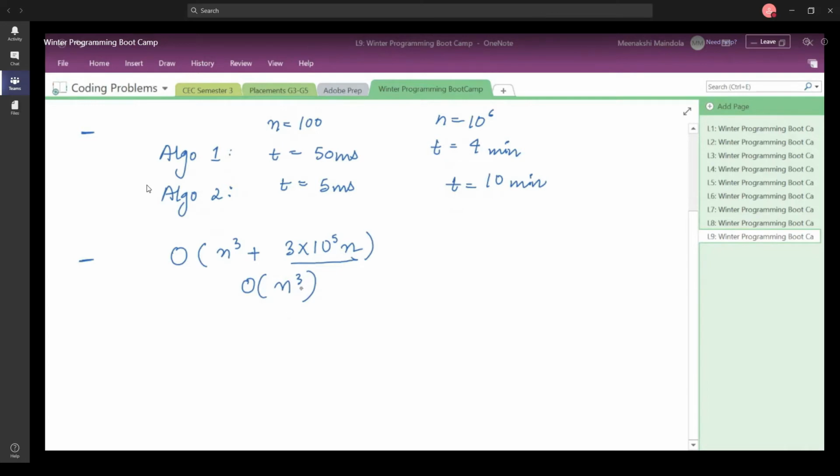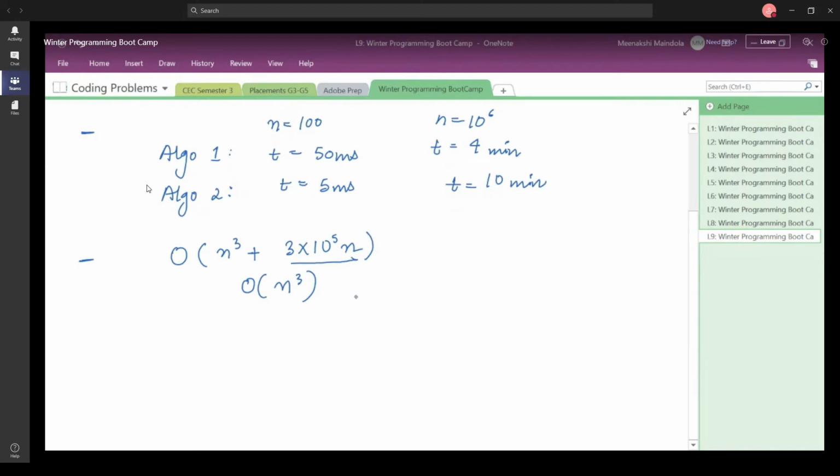This is another thing that you should keep in mind. Whenever we add a certain number which is constant in comparison to the other element that you have written, we consider only the dominant part as our total time complexity.